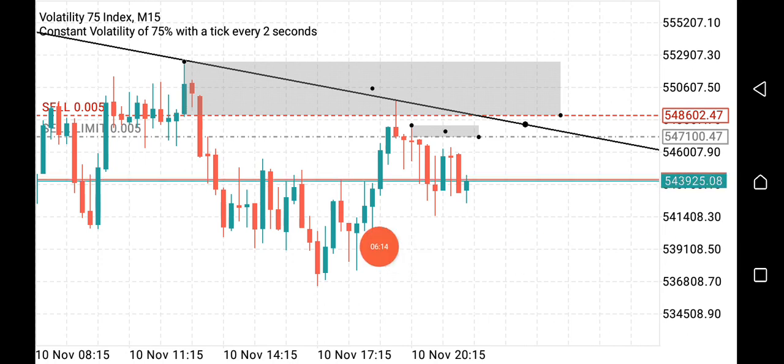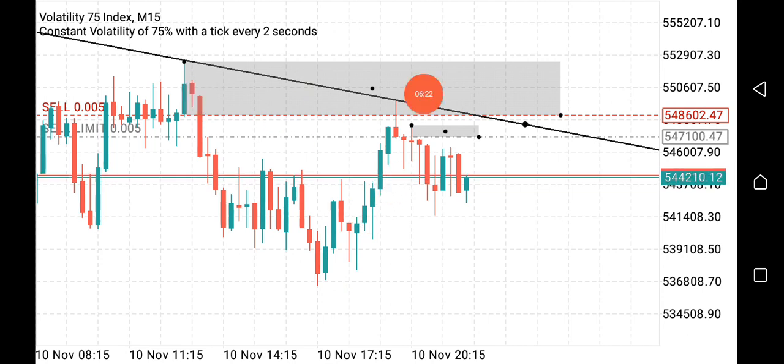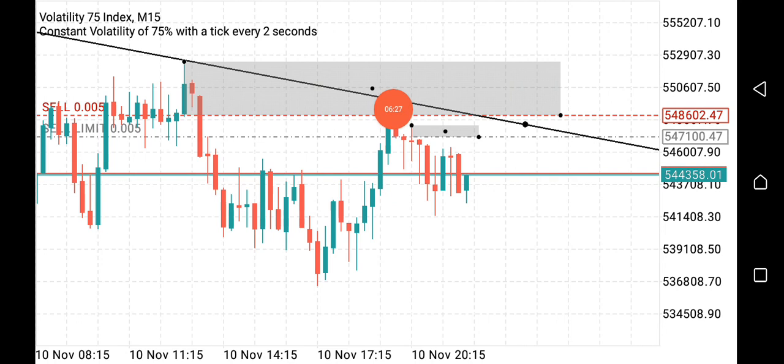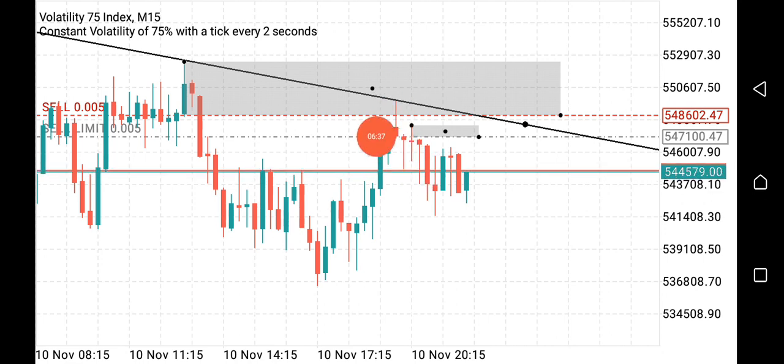So mind you, when I drew all this, the market was still here and was about coming up. So immediately it came up, it tapped into this other block, and at the same time touched this trend line. So I had to take my trade from here, because these two